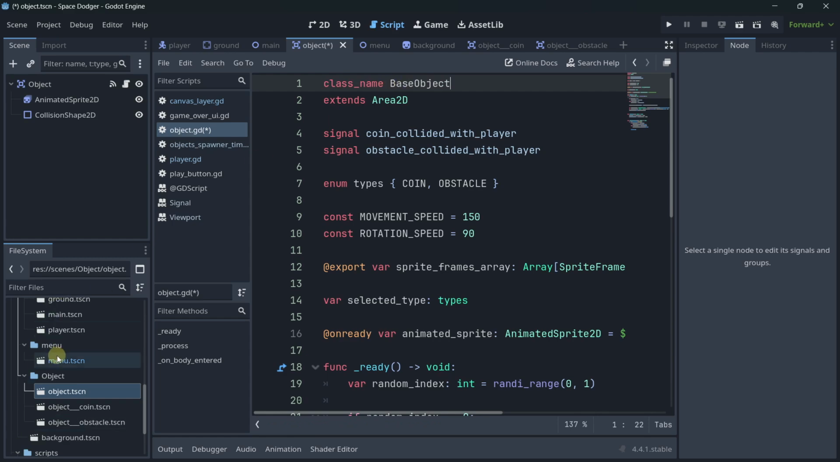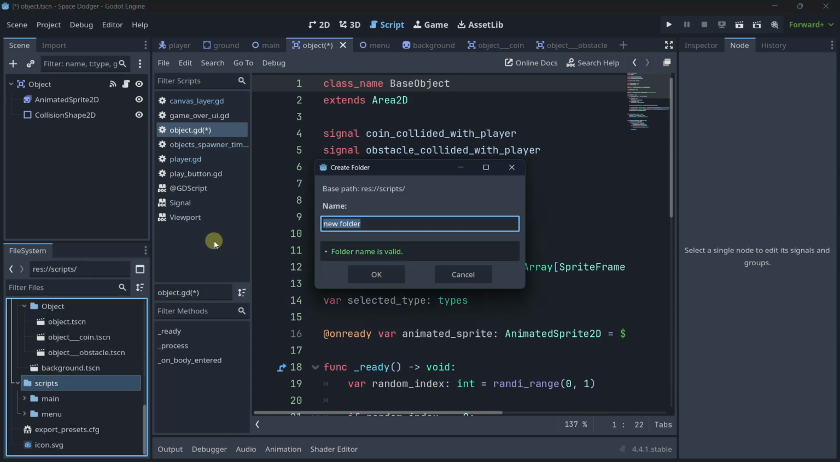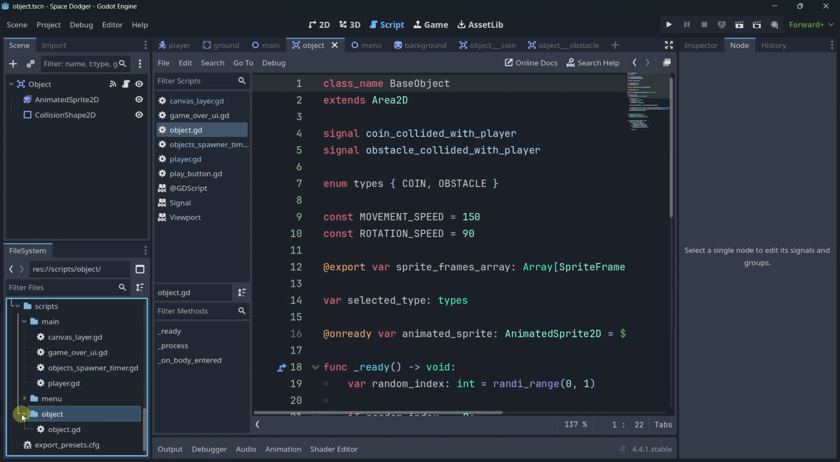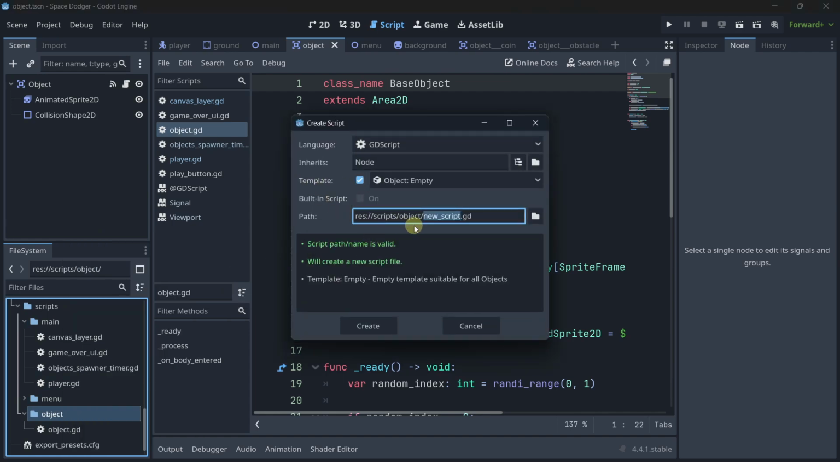And what I'm gonna do is, in the scripts over here, I will create a brand new folder first of all, and I will call this one object. And let's actually save this script over here, as we have done before. And then I'm gonna create a new script over here, which I'm gonna call object-coin,